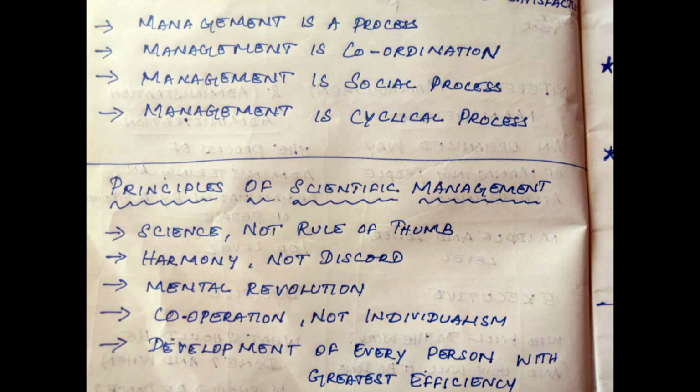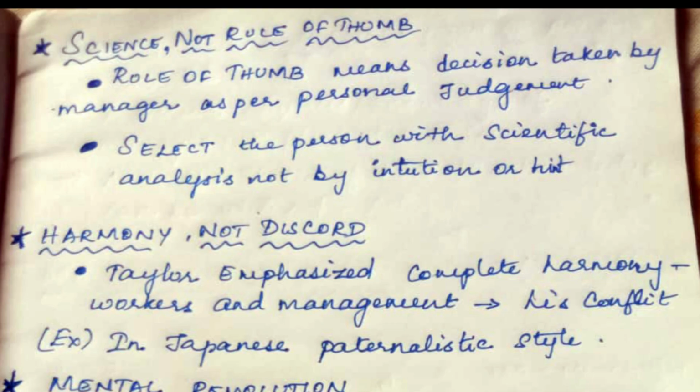So, the first one is science, not rule of thumb. Second, harmony, not discord. Third, mental revolution. Fourth, cooperation, not individualism. Fifth, development of every person with greatest efficiency. So, moving on to the first one, science, not rule of